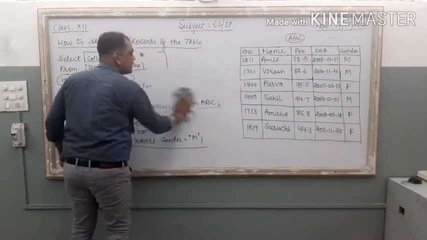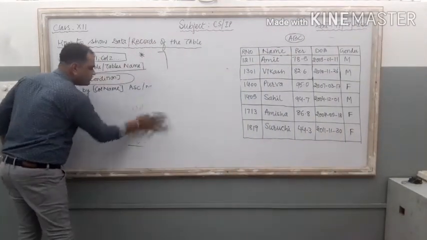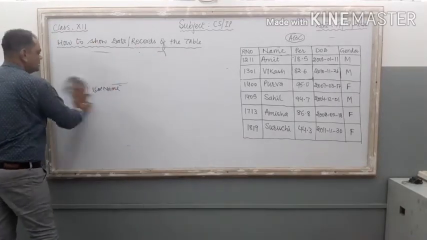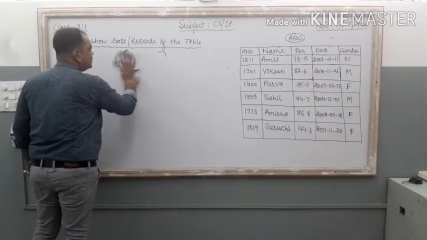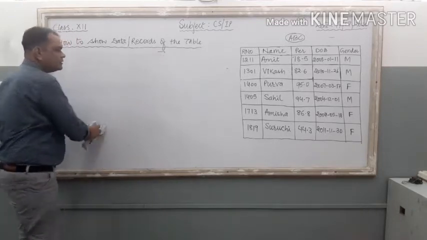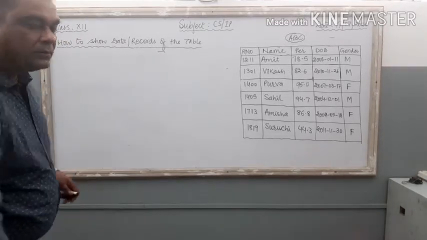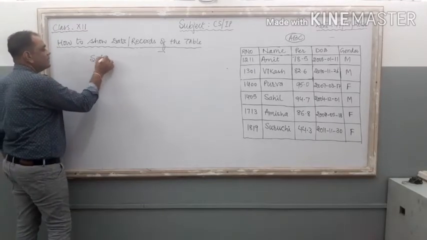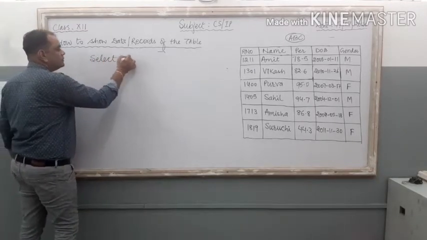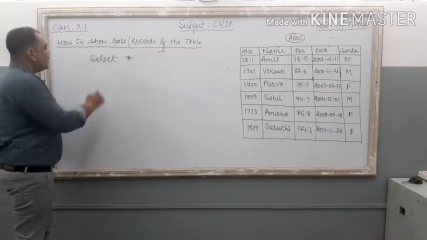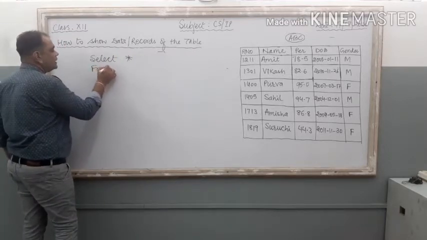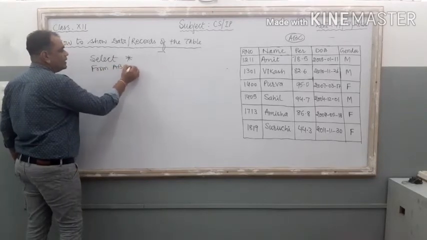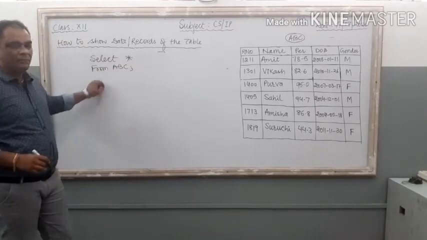How to produce conditions with the where command. It is our next topic. How to produce conditions. So now, very first, we just check out the first line of the command. The first line is select star. Star means each and every column of the table will be there on the monitor. It is denoted by the star symbol, right?